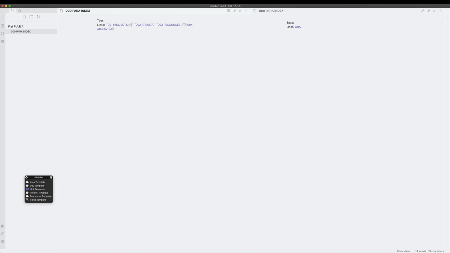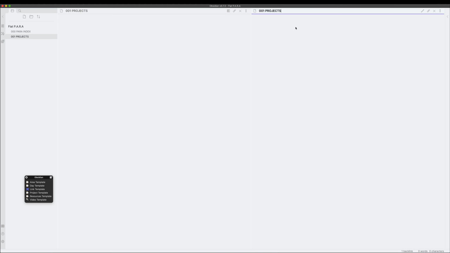So what does this do? You can see this is converted into PARA, but this is nothing but an alias. So for archive, it is A. For resources, it is R. For areas, it is A, and for projects, it is P.